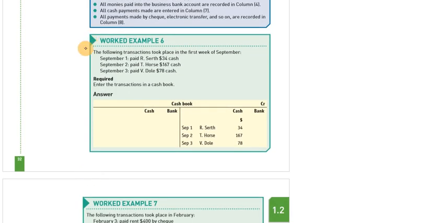So here is a little, easy example of cash book transactions. In the first week of September, there is a payment. Where do we record a payment, on the right side or left side? On the right side. Payment means cash is going, so on the credit side we record all the payments. Here are 3 payments made by RTV, so we will record $34,167.78 on the credit side of our cash book. Got it?